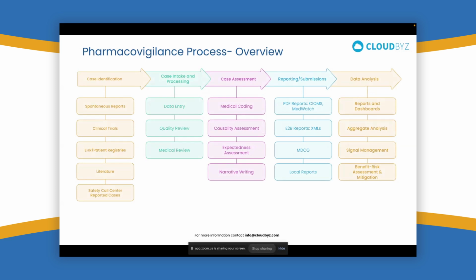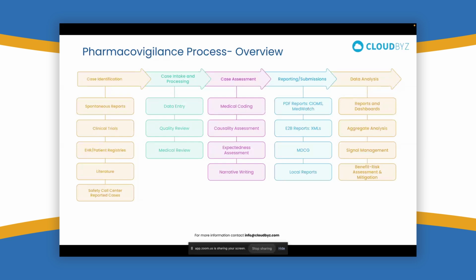So a variety of cases come from a variety of sources. It could be from spontaneous reports, clinical trials, patient registries, literature, safety call centers, and other sources. These cases get entered and processed. There are various processes in terms of data entry, quality review, and medical review, which happen in most of the